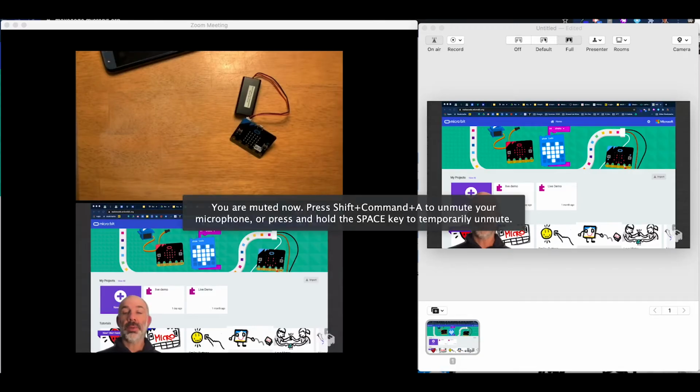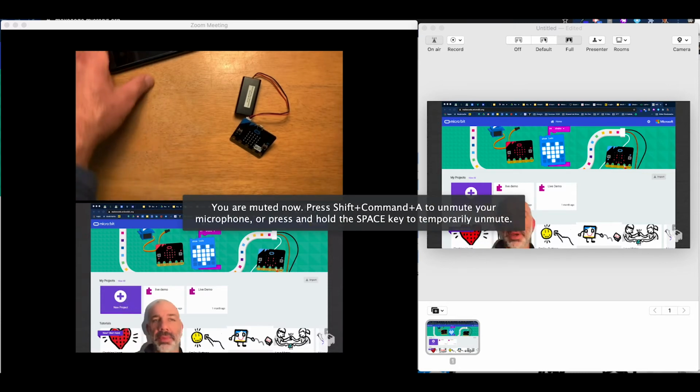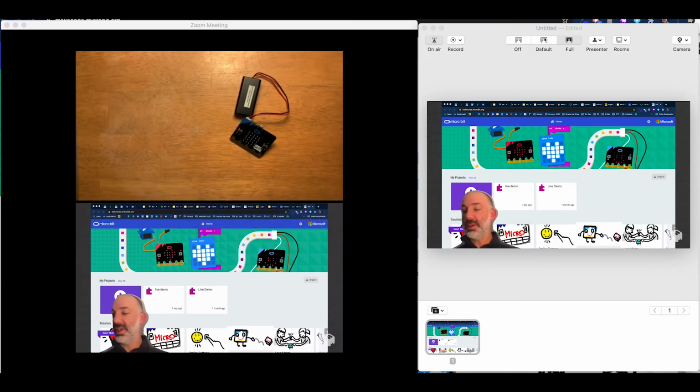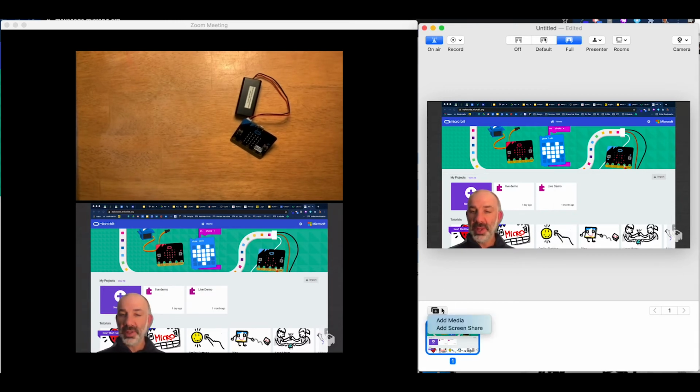All right, so here we are, and what I've set up is this kind of side-by-side view where you can see both Zoom with the two devices that are logged in. And then on the right over here, I'm running the mmhmm app, and that's the tool that allows me to have the content behind me. So what I've done in the mmhmm app, and you can see down below here, I've added a screen share. And what I'm screen sharing right now is my browser with that particular tab open, and this is kind of